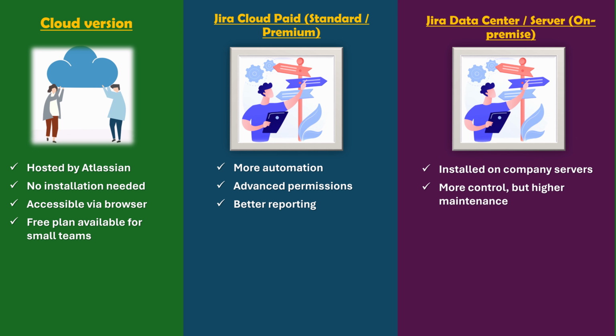Unlike Jira Cloud, this version is installed and hosted on a company's own servers. This gives organizations complete control over their data, infrastructure, and security configurations. However, with greater control comes greater responsibility. Maintaining Jira Data Center requires dedicated IT resources to handle the installation, updates, backup, and system performance. This option is typically chosen by large enterprises or organizations with strict compliance, security, or customization requirements. So in short, this is ideal for companies that need maximum control and are prepared to manage the associated maintenance